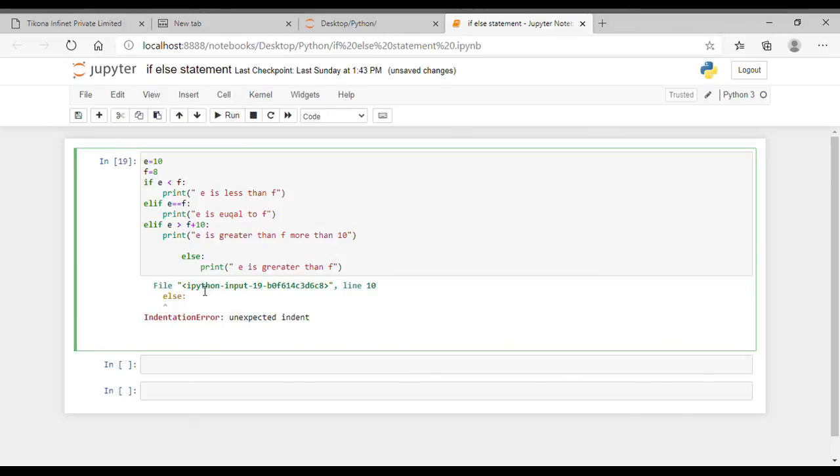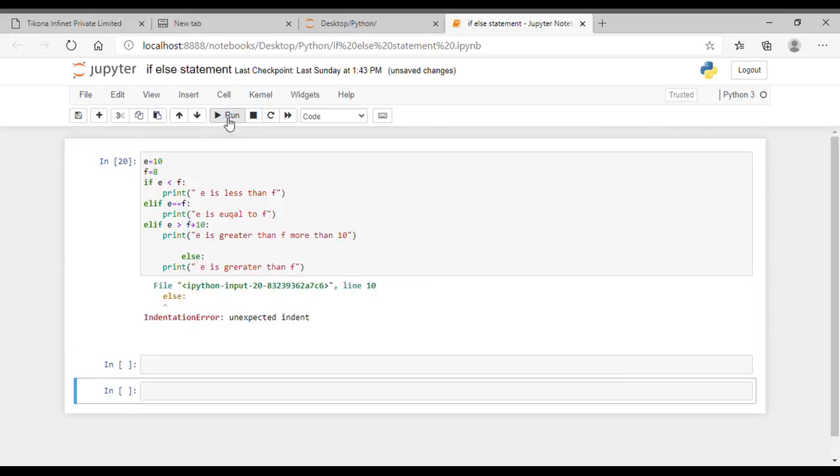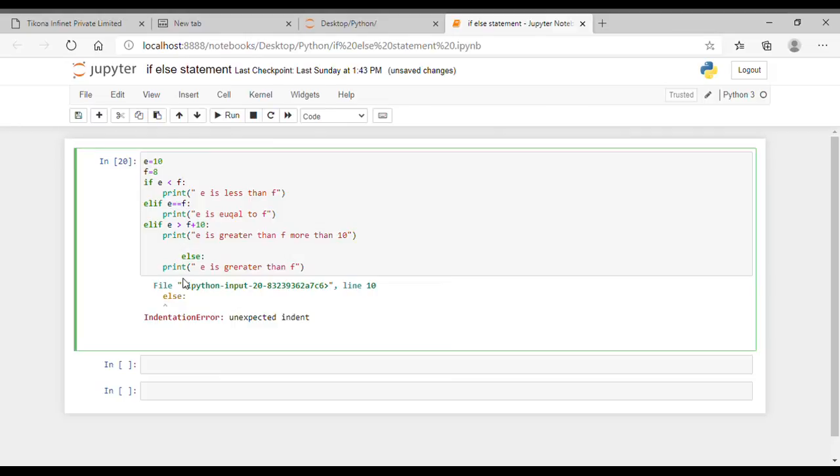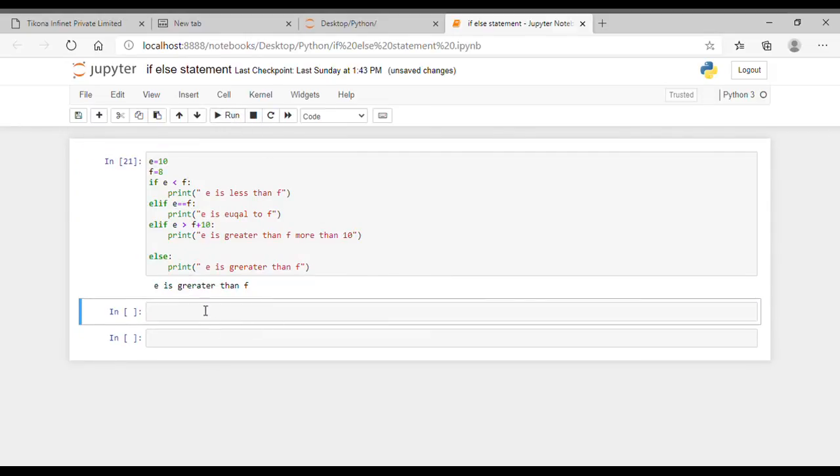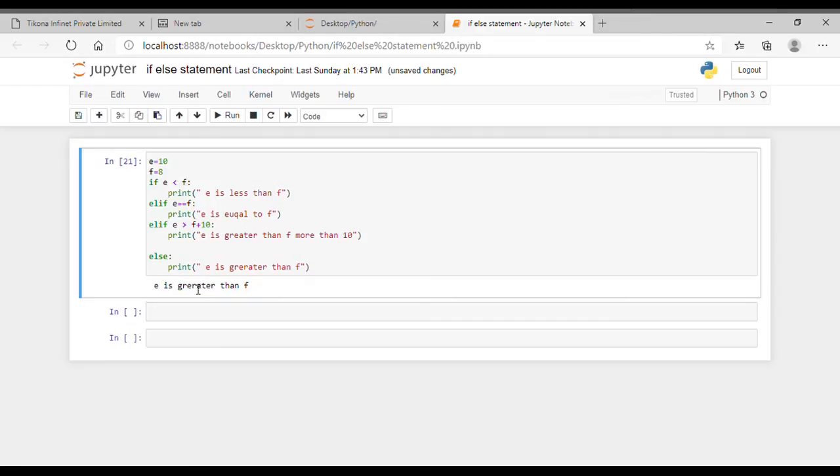Here, guys, you need to be very careful about the spaces you give before the print statement in the Python code. Great. So we have troubleshot the program here, and you can see we got the output here, which is e